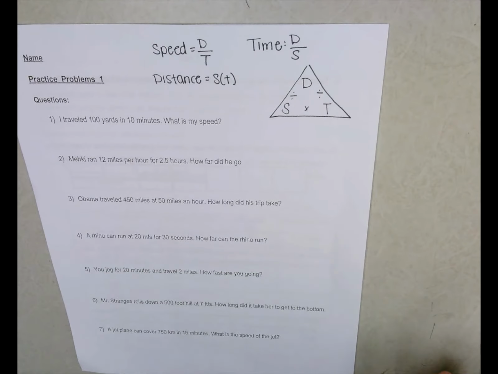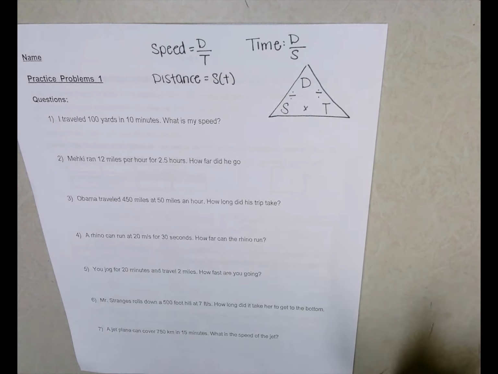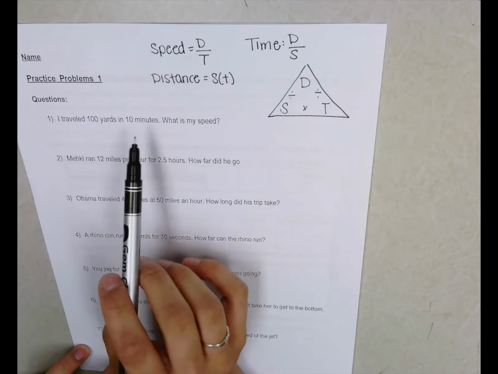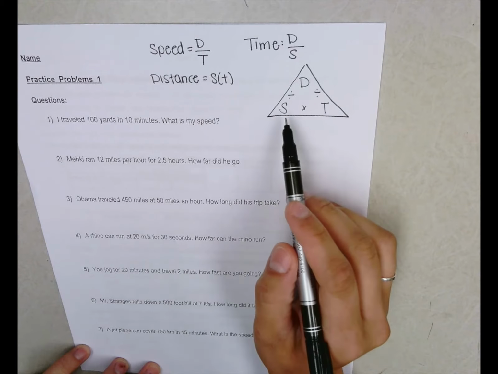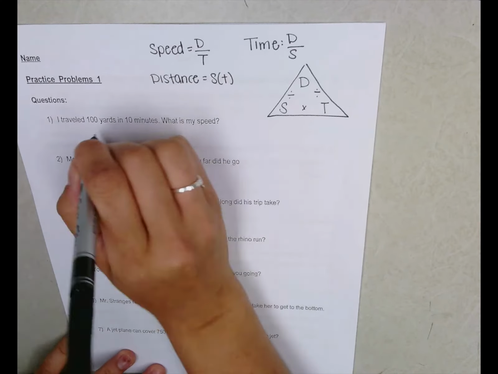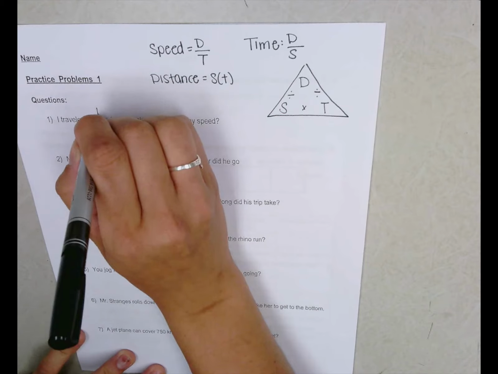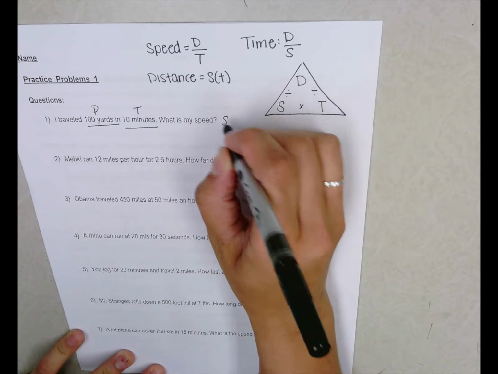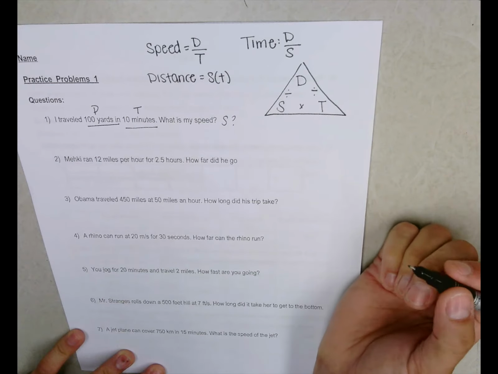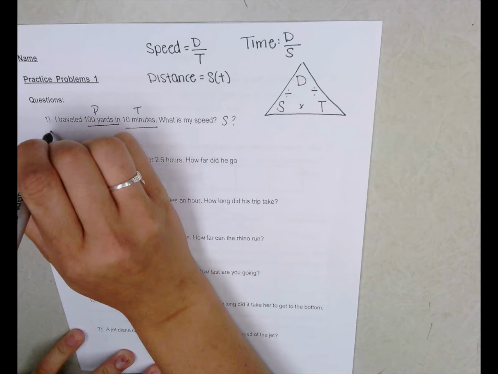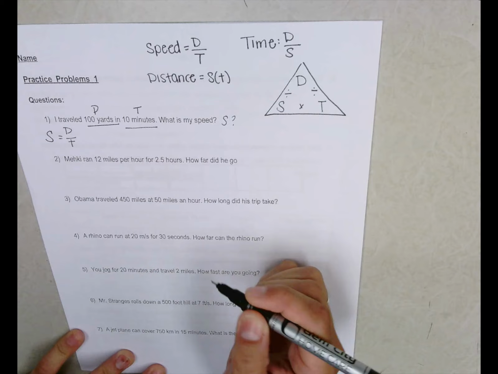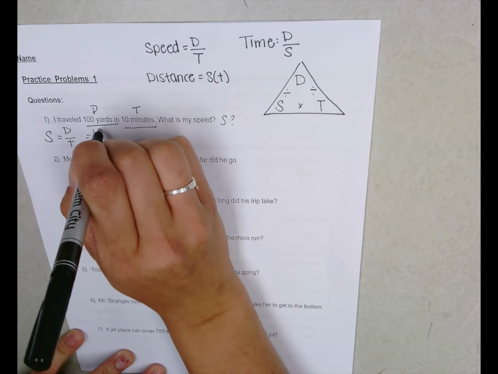Now, what we're going to do is take a little bit of time at the beginning to identify what it's asking and what variables are given, okay? So I have traveled 100 yards in 10 minutes. What is my speed? So we're going to be looking for speed right here. And we've traveled 100 yards. 100 yards is going to be our distance, and 10 minutes is our time. We're looking for speed. So the way we're going to solve that is we know we need to use the speed equation. And we know that speed is equal to distance over time. So all we have to do is put 100 yards